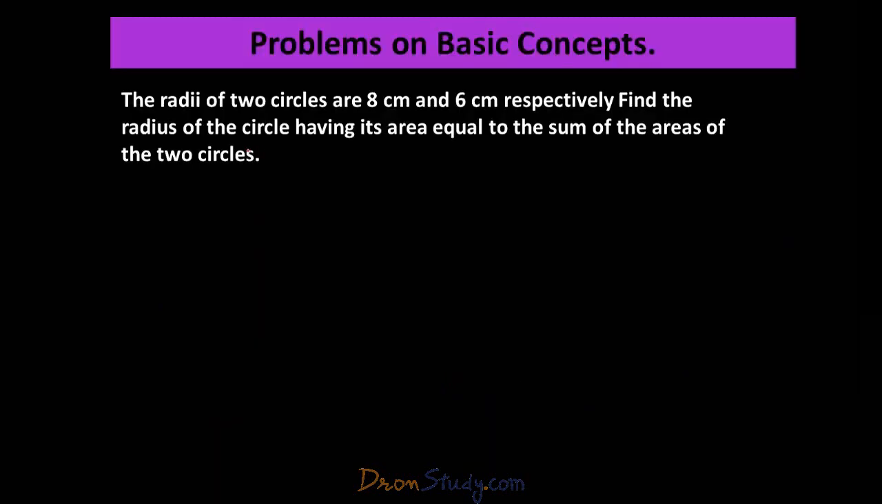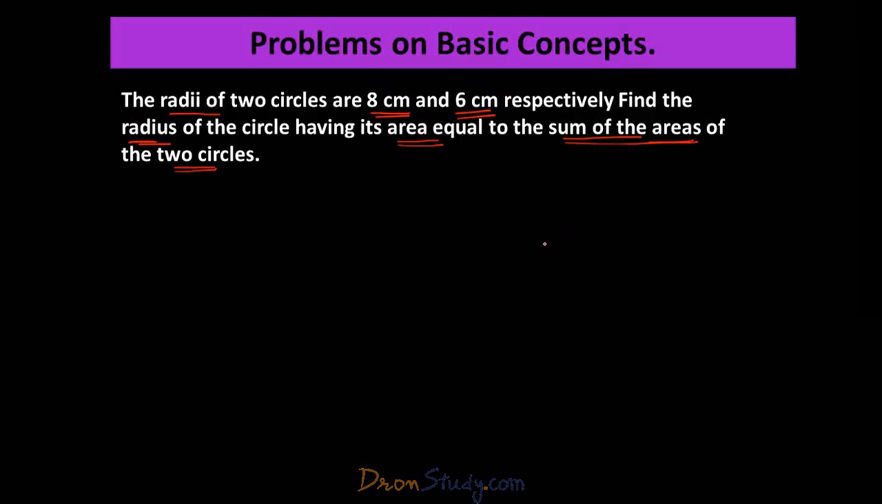Here is another question. The radii of two circles are 8 centimeter and 6 centimeter respectively, find the radius of the circle having its area equal to the sum of the areas of two circles. Here it is given that the radius of one circle is 8 centimeter and the other is 6 centimeter, and we have to find the radius of the third circle whose area is equal to the sum of the areas